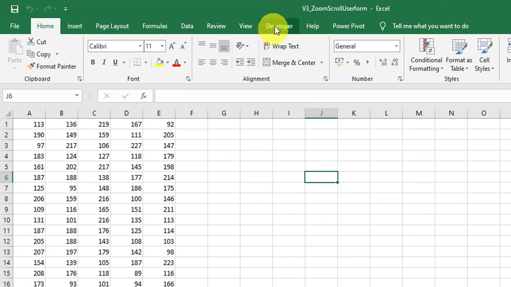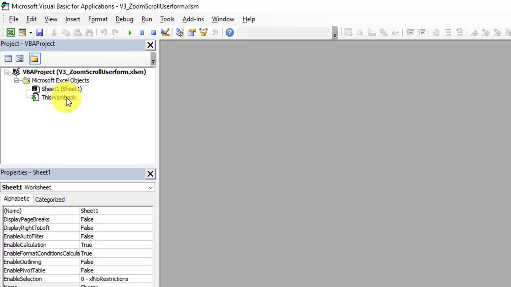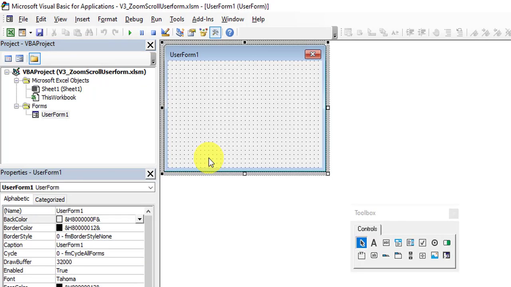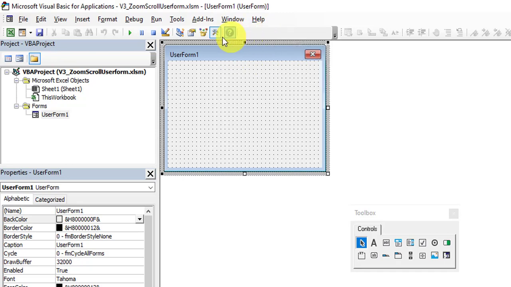Launch the Visual Basic Editor from the Developer tab. Insert the user form. Enable the standard toolbar. Enable the toolbox to view the controls.